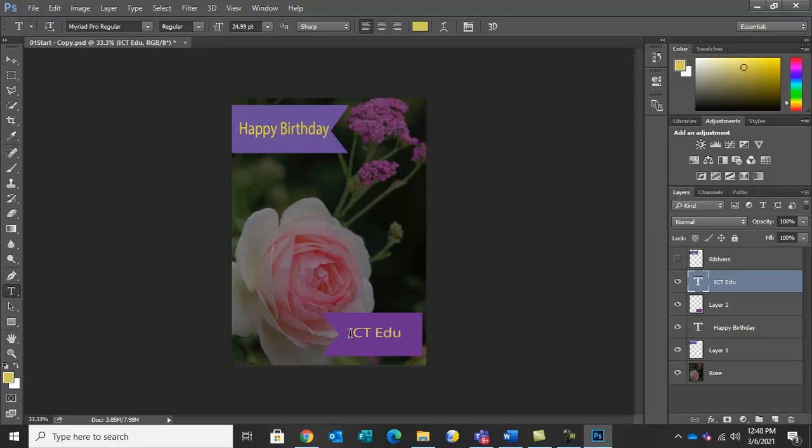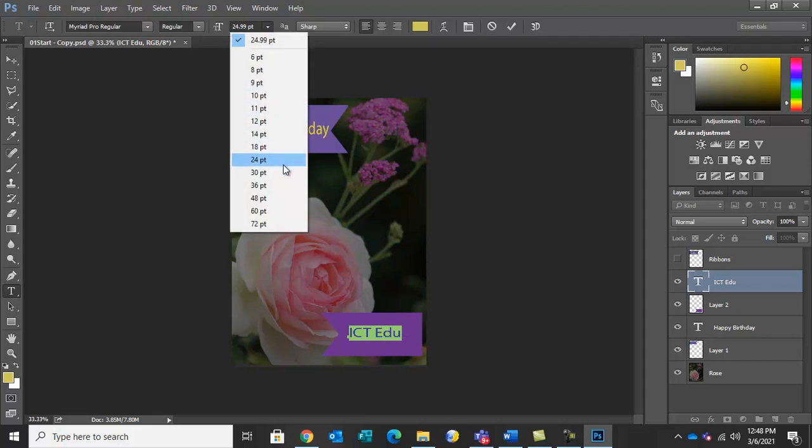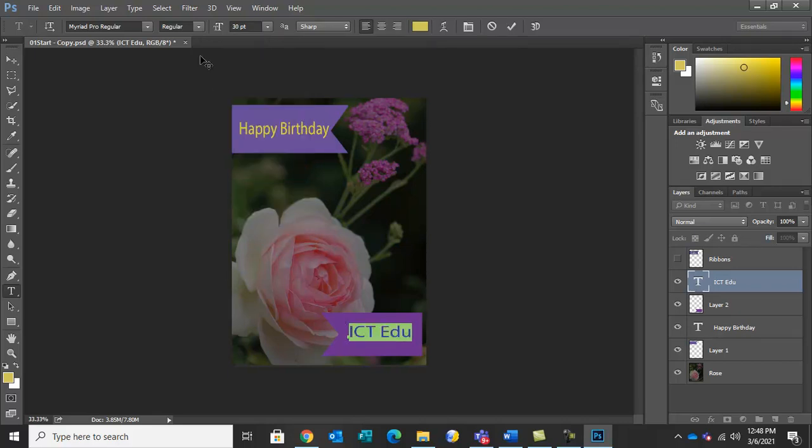Now click here. See, so highlight this and the font size will come. You want, for example, 30 and you want to make it bold like this, and this for confirmation. See, so this is confirmed. When you want to finish, click here, the arrow key will come.